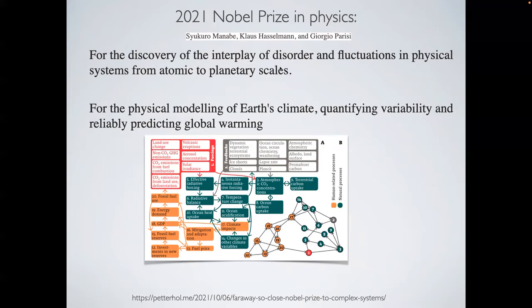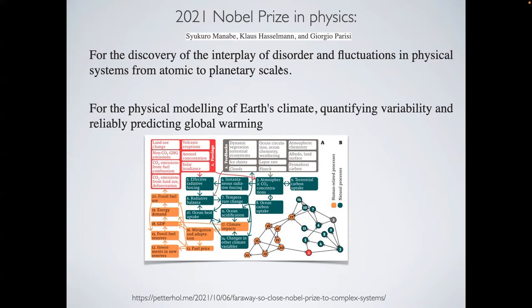So here you have this idea of multi-scale organization, where you want to understand how the micro level interacts with the macro level, which is typical in complex systems. But the other ones were awarded for the physical modeling of Earth's climate, quantifying variability and reliability, predicting global warming. I just wanted to say a few words about that: when you want to build a model of the Earth's climate, you cannot just use a very basic model of how heat diffuses in the atmosphere,